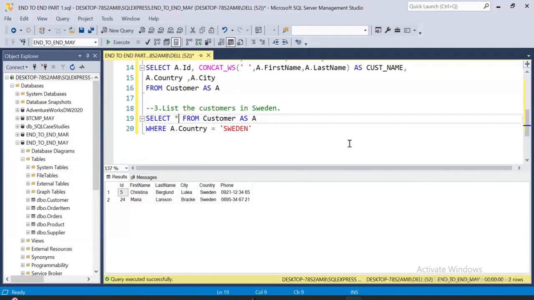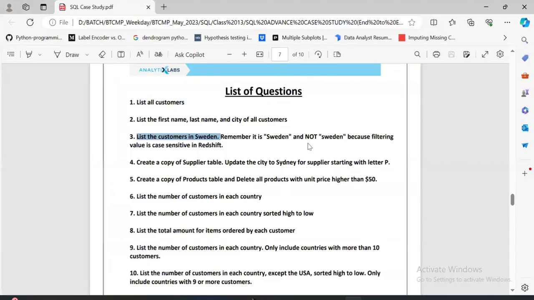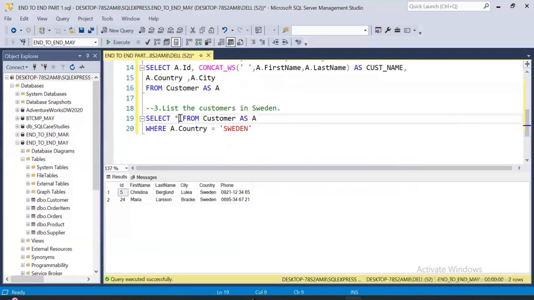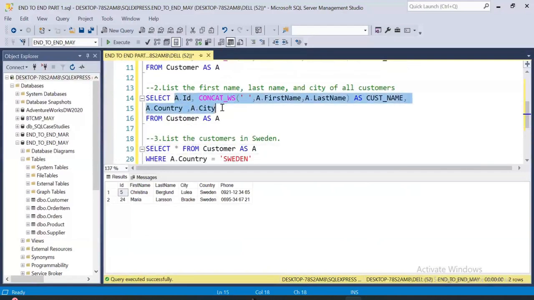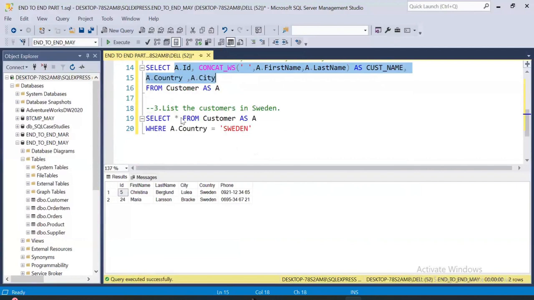So question का मतलब नहीं समझा. List the customers. How many? उसके बाद That's not for this one. Not SQL Server. Case sensitive होता है ना Redshift में. अच्छा रेडशिफ्ट Redshift के लिए है ये. ठीक है. Redshift में case sensitive होता है. Not in SQL. Yeah. So again, you guys can basically have this one in the form of a